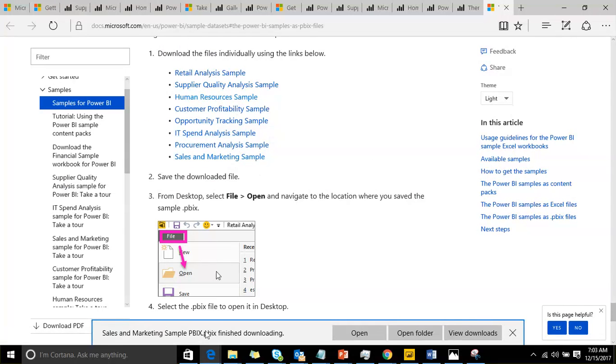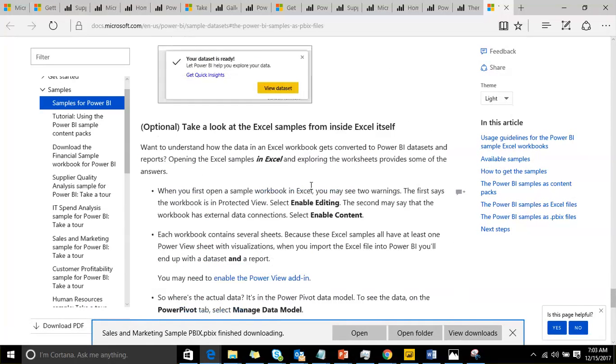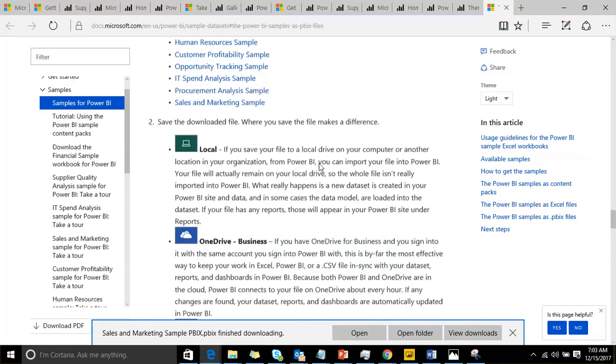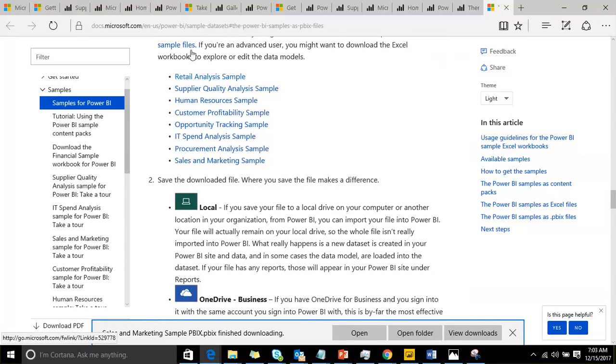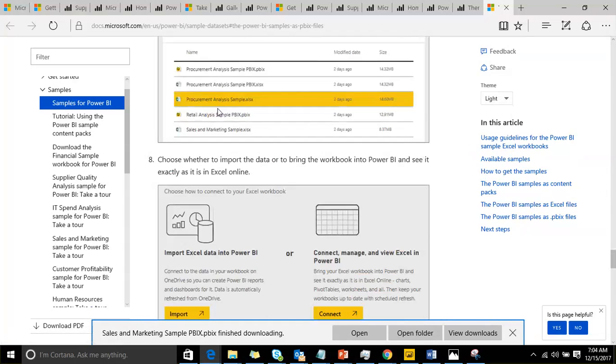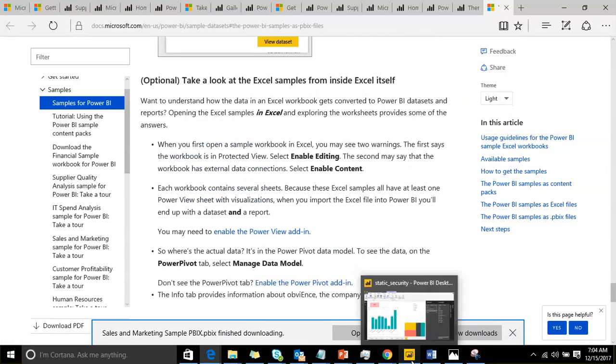specific report. It's a PBIX file, and you can interact with that. And you have data sources also available there, and you can use them. These are the Excel sample files. You can download them, import them in Power BI and use them. Or if you want to see the reports, the developed reports are available here. You can directly download the PBIX file and interact with it. So those are the sample reports and the sample source files if you want. That is what the samples are.